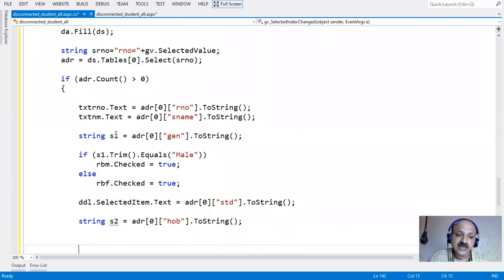So how can it select? That is the main question. Here we provide an if condition.